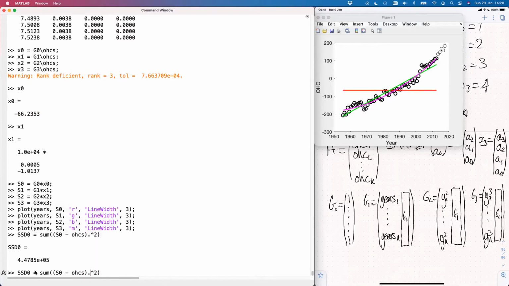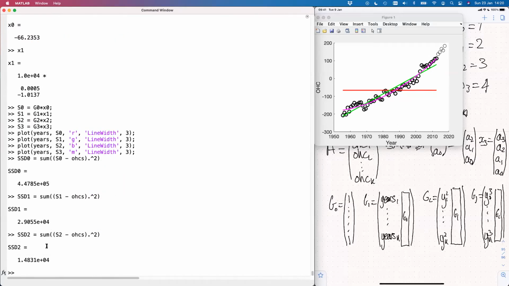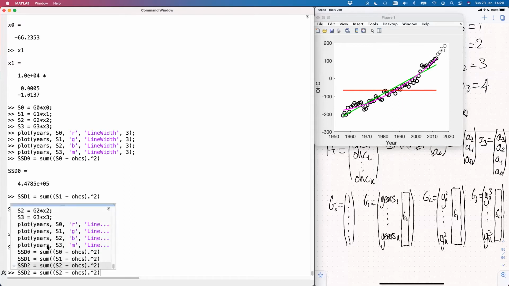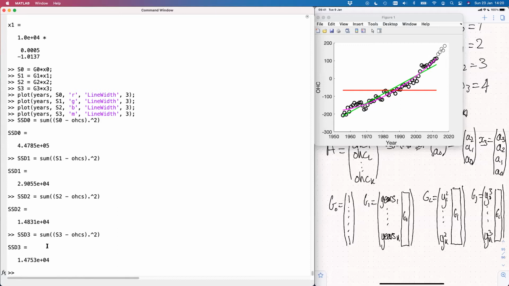447,000, okay. Let's compare it to what we get with the other models. With the linear model, that's reduced to something like half of what we got for the constant model, so substantially lower errors. And for the quadratic model, that reduces again, probably by a factor of approximately 2. And if we look at the cubic model, it reduces very slightly, but there's no dramatic reduction in errors going from the quadratic model to the cubic